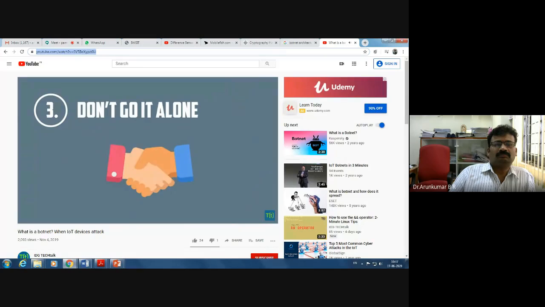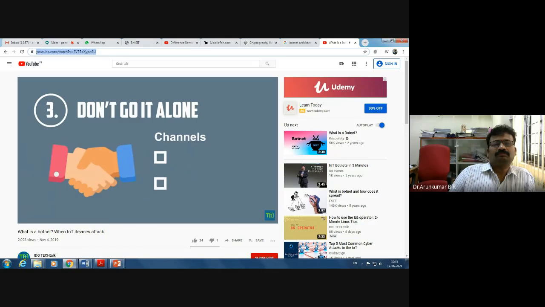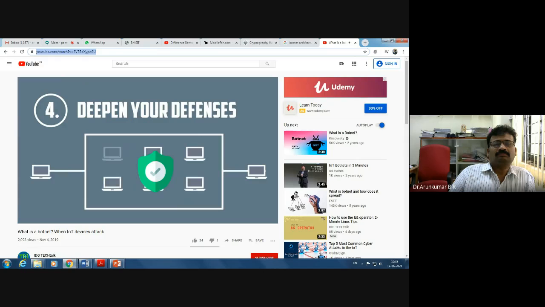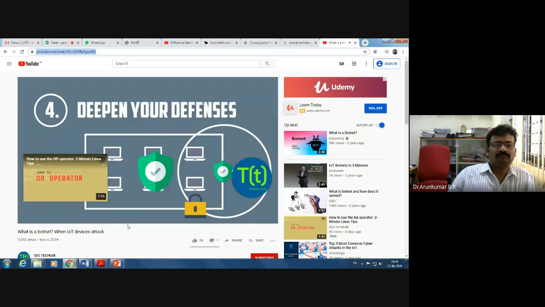The anti-bot guide recommends several areas in which enterprises can benefit by looking to external partners for help. For example, there are many channels in which enterprises can share threat information, such as industry groups and vendor-sponsored platforms. 4. Deepen your defenses. It's no longer enough to secure the perimeter or endpoint devices. You need multiple defensive systems. Isolating IoT devices on a separate part of the network is one recommended approach.